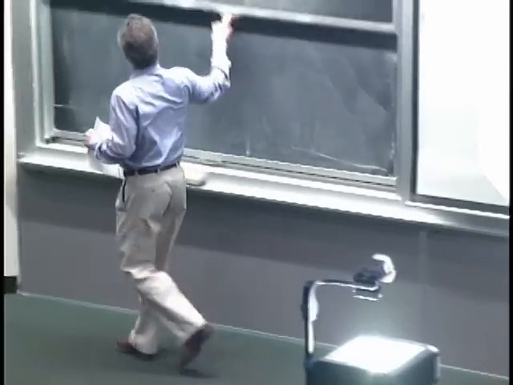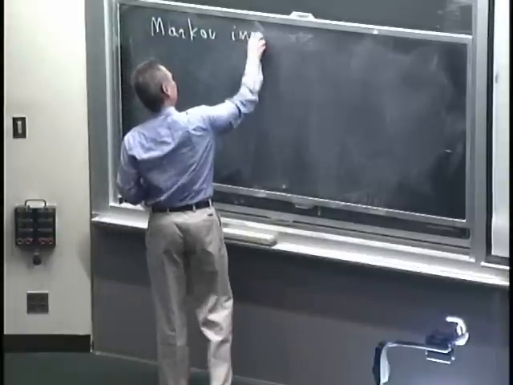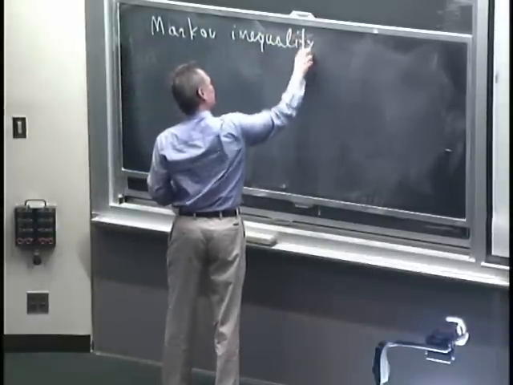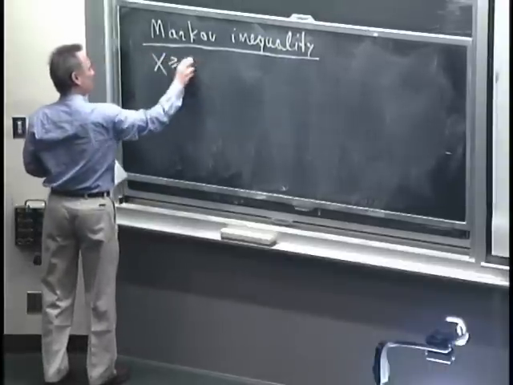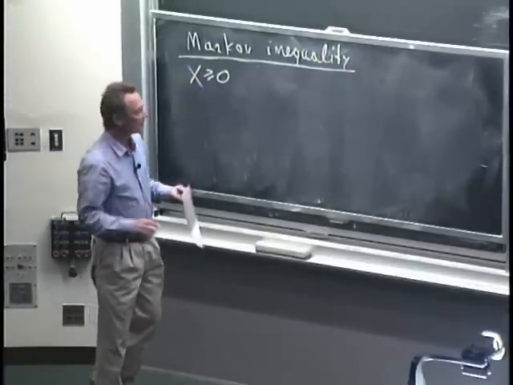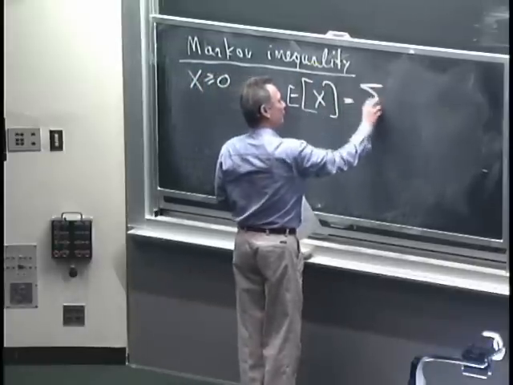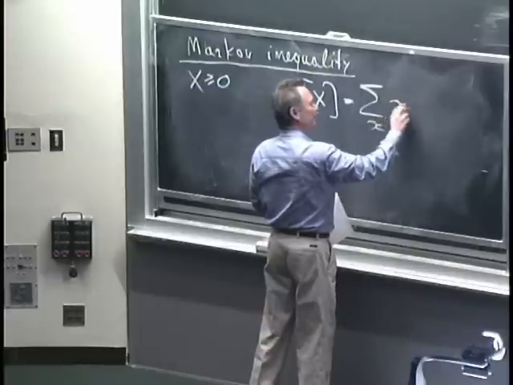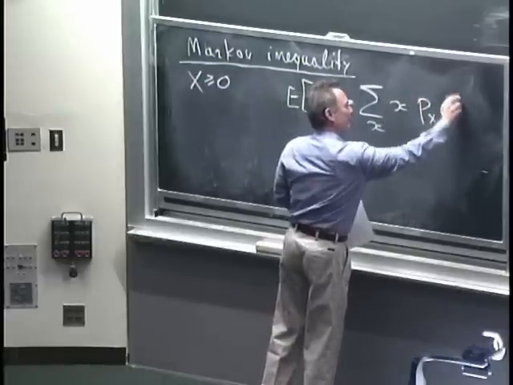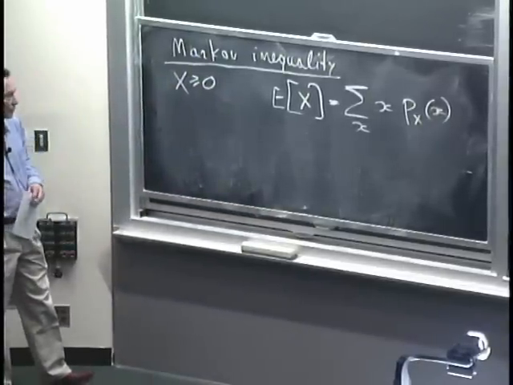So now we start our digression, and our first tool will be the so-called Markov inequality. So let's take a random variable that's always non-negative. No matter what, it gets non-negative values. To keep things simple, let's assume it's a discrete random variable. So the expected value is the sum over all possible values that a random variable can take, the values of the random variable weighted according to their corresponding probabilities.